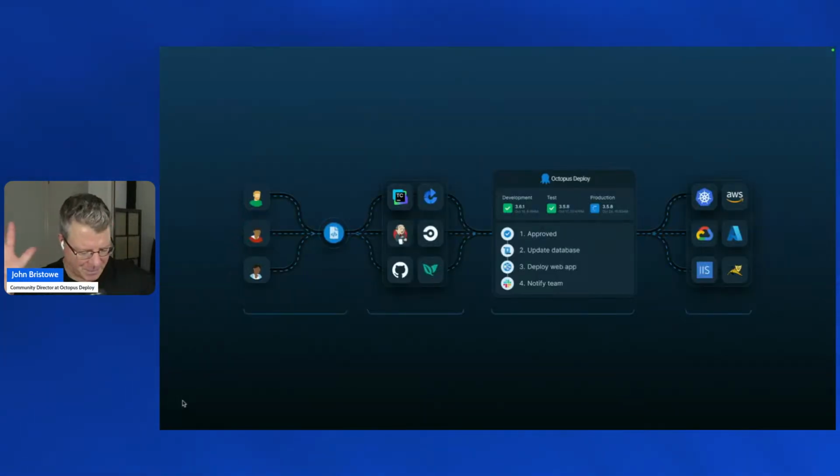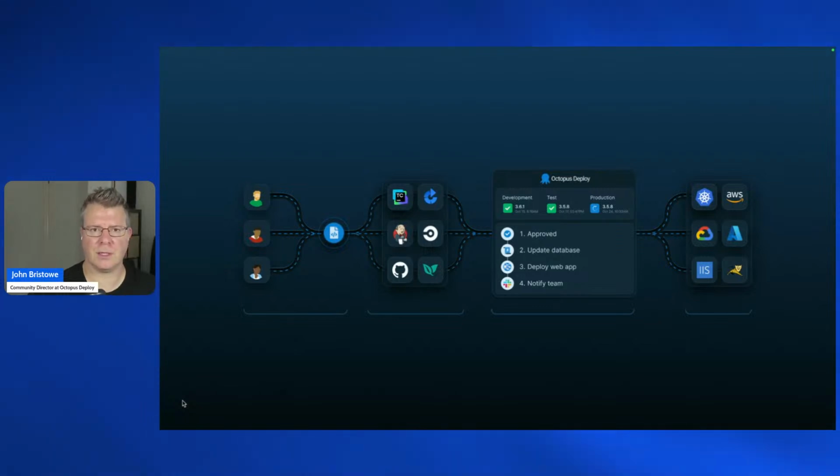So to lay the picture of the land, to kind of flesh out what Octopus is. Essentially, Octopus is a technology or tool that sits in between your engineers and their CI processes and their ultimate targets. So on the left-hand side, we have our developers. On the right-hand side, we have our targets. And in the middle, we have coding, and we have a bunch of things that happen there. We have our pipeline. We have a bunch of solutions that we may employ, GitHub Actions, TeamCity, etc. And then really the question mark of, how do we do deployments? That's ultimately what we're trying to position here as Octopus Deploy as the solution for that.